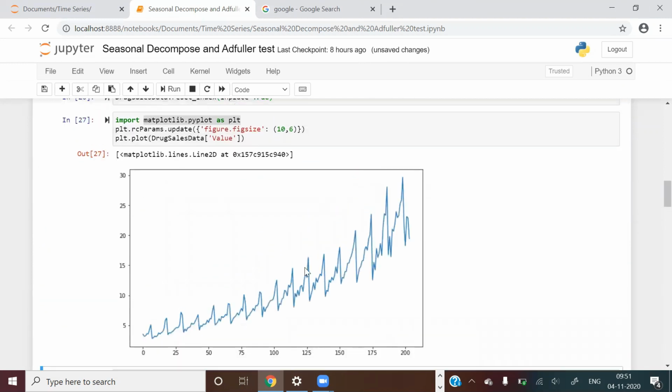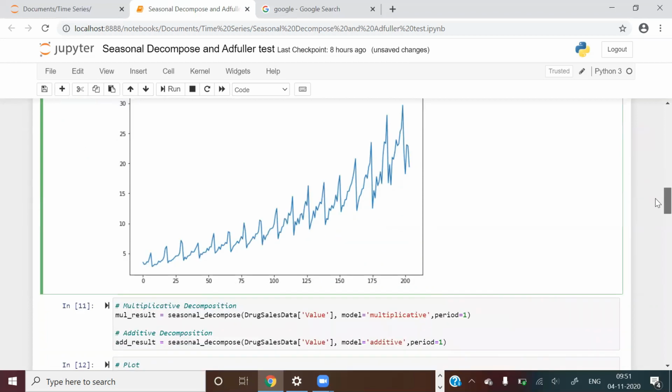Now what do you observe from this time series, guys? Do you see some seasonality? Do you see some trend? Do you see some cyclic behavior? Trend is obviously there. As you can see, there is an upward trend, right? Seasonality, I don't see any kind of seasonality, or maybe some bit of seasonality here because it is picking up after some time interval. Let us see what the components of trend and seasonality are.